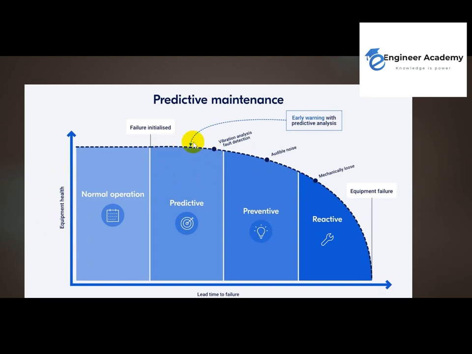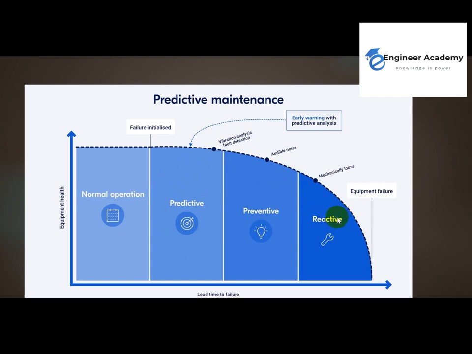At this early stage, we can use the predictive techniques and go on after that to the end. In predictive maintenance, we are focused on this area, but here we are focused on the preventive area. Here is reactive, that means the failure has almost happened